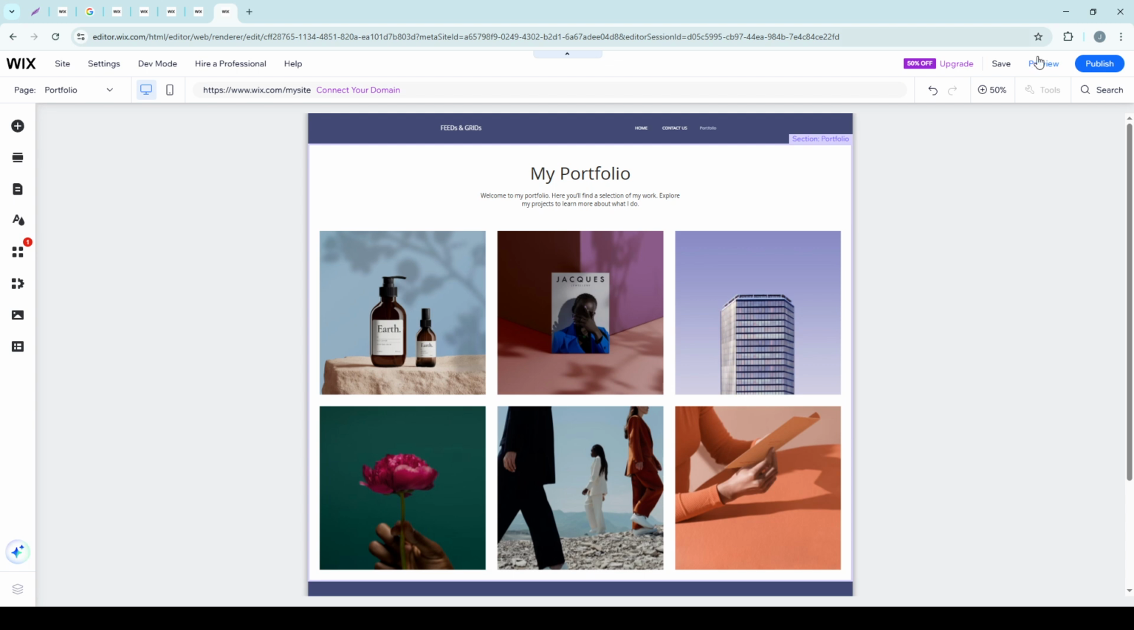Once you're happy with the overall look and feel, you're left with one final step: publishing. Click on the Publish button, and just like that, your portfolio is live and ready to share with the world. That's all there is